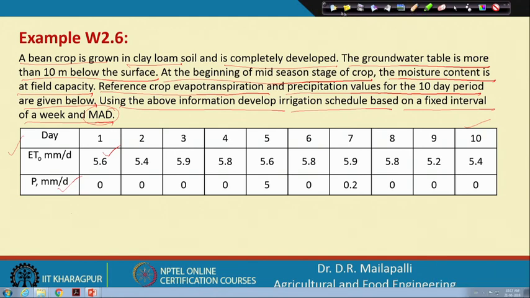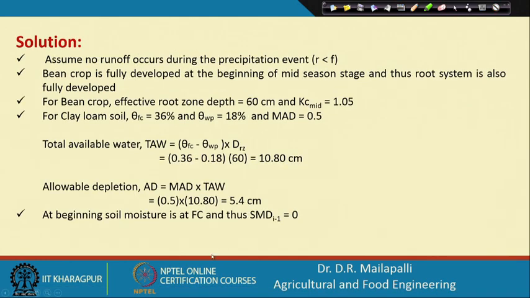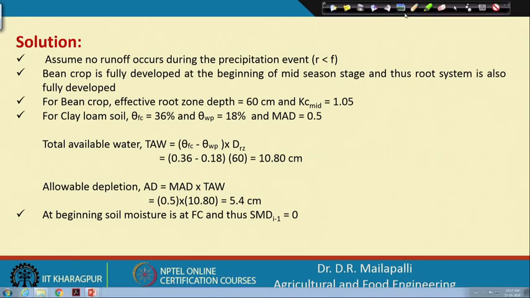So, let us see how this problem is being solved. The solution assumes no runoff occurs during the precipitation event, because that is the number one assumption we think of. That means the intensity of rainfall is less than the infiltration rate, so there is no runoff. Whatever rainfall is falling is going to be effective, that means it is used for the